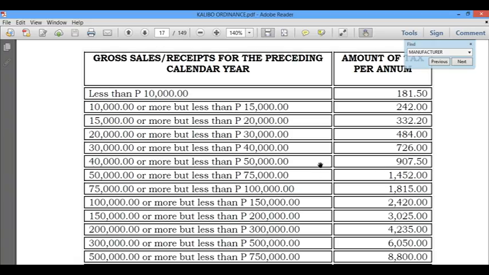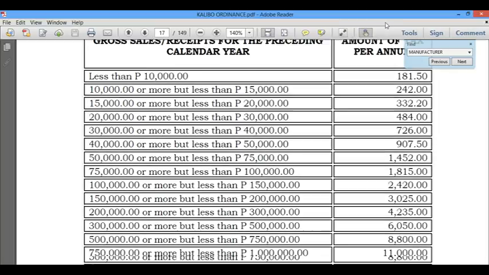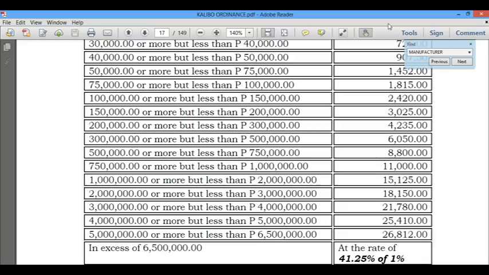I'm gonna copy so that I won't be mistaken. 10,000, 15, 20, 30, 40, 50, 75, 100, 150, 200, 300, 500, 750, and 1 million. Okay, and then 2 million, 3, 4, 5, then 6.5 million, and then 6.5 up. Okay, so I've copied that.